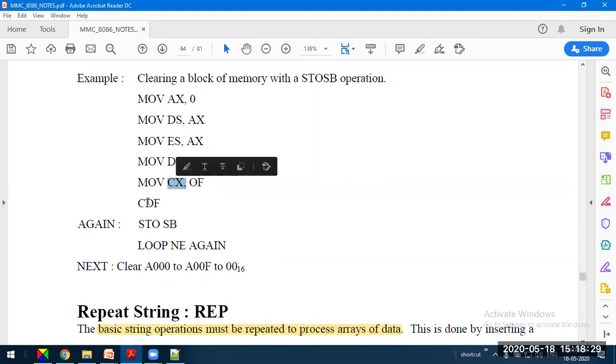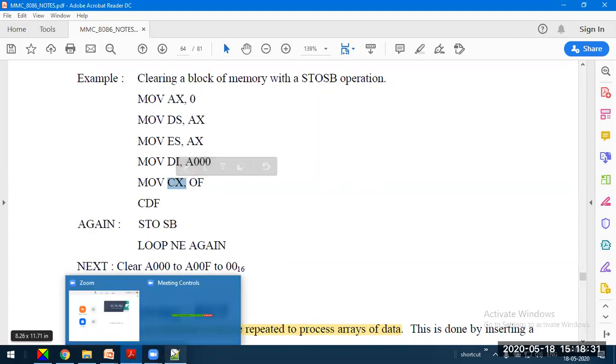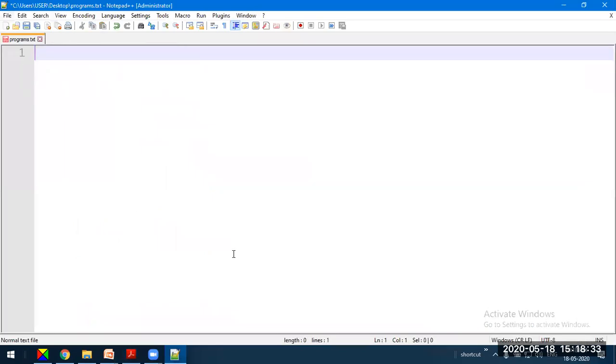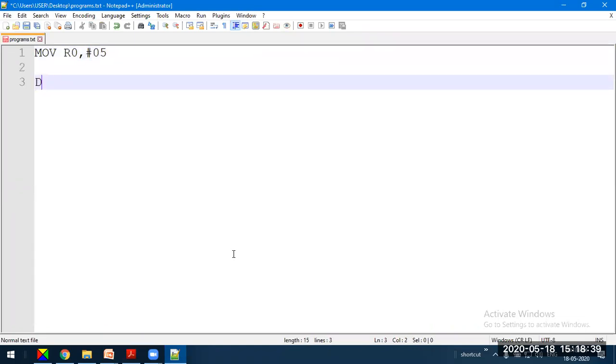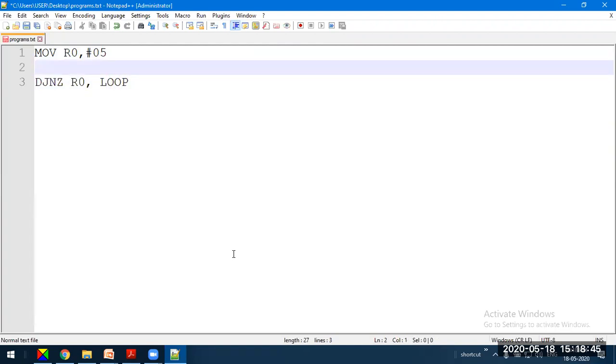It's just like what we used to do in our 8051. For example, I'll take one simple example: MOV R0, #05, DJNZ R0, loop, where the loop is somewhere here. What is the purpose of R0 here?